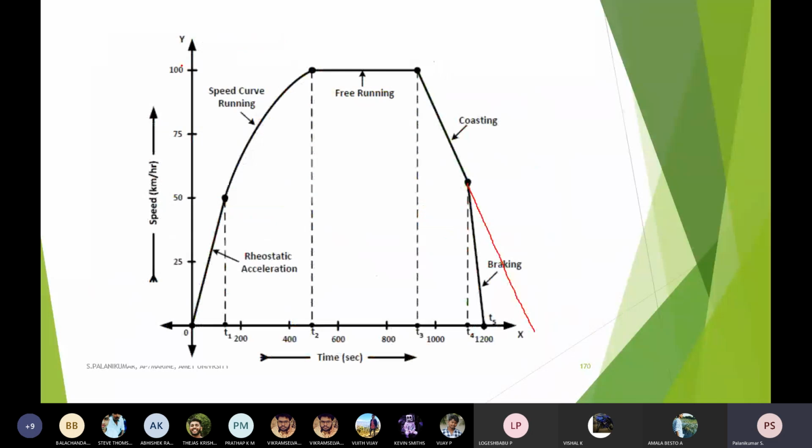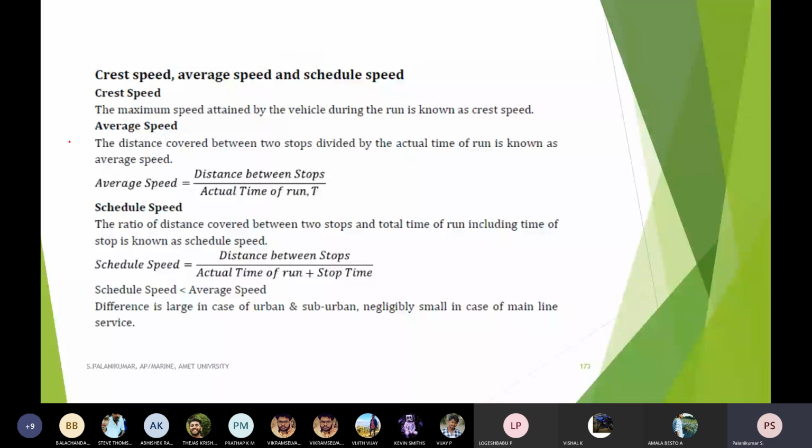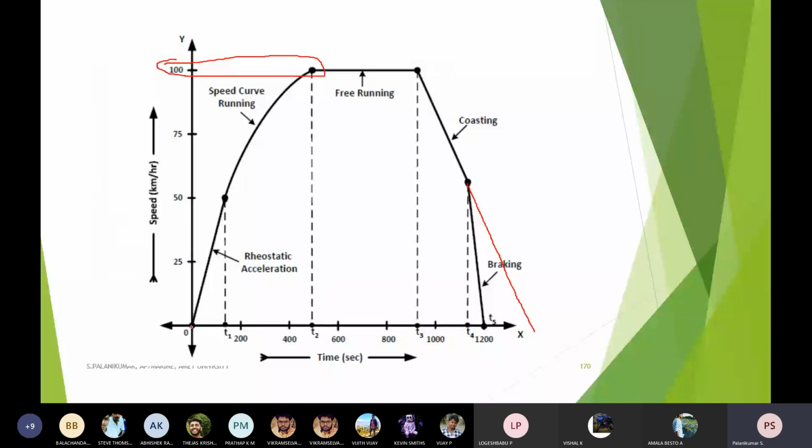So speed is in kilometers per hour. As far as the main line characteristics I have taken here, the crest speed is 100 kilometers per hour, and average speed is nothing but the distance between the stops divided by the actual time of run. What is the average speed? It is the distance between the stops. Suppose you know how much distance it has traveled, if it is a reference exactly at 1200 seconds